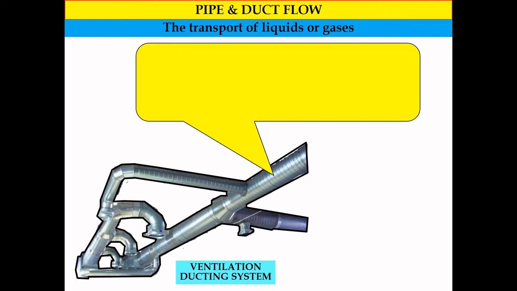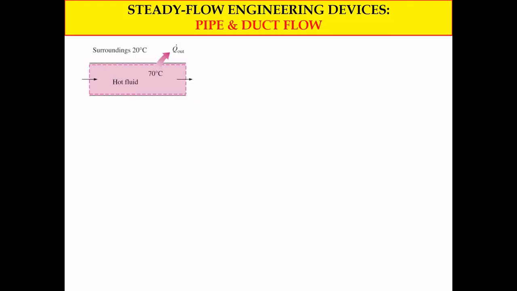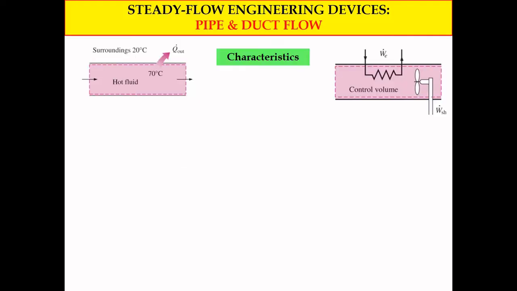If you want to draw the schematic diagram, we just draw the simple cross section of the piping or ducting as shown in this slide. For example, we have example number 1 and also example number 2. Simple schematic diagram. Okay, in terms of characteristics, the characteristics of pipe and duct flow